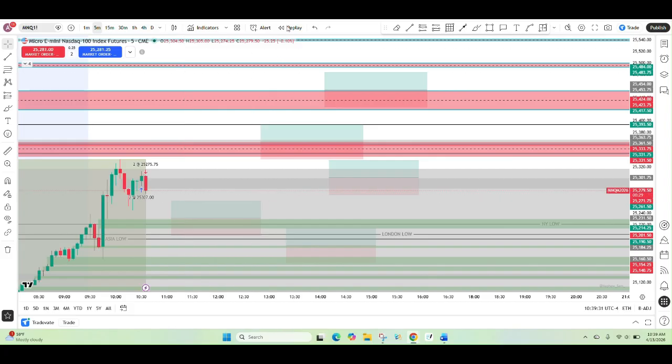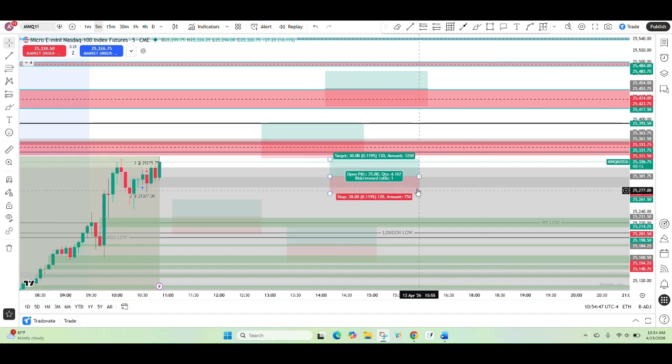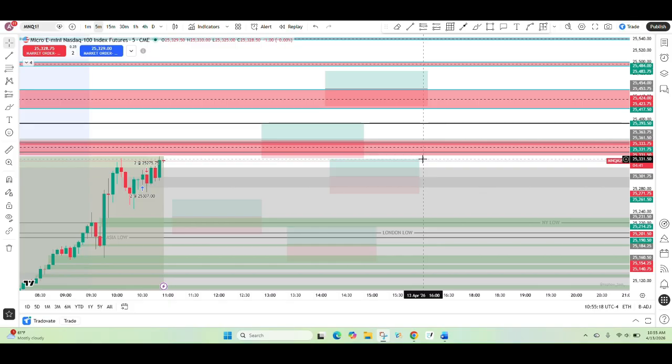I'm going to pause here. Okay, I just wanted to get back in here to show you guys. Remember, this is the original entry that I placed, and I was supposed to enter right here at this line. But when I entered, the market pushed me in right up here, which isn't too far off, but I wanted to be right here. With right here, this would have been my stop loss, and this would have been my take profit. You see, the candle actually made it above my take profit, so we would have won